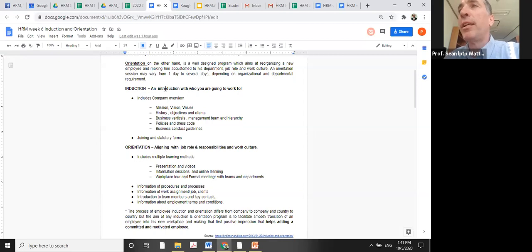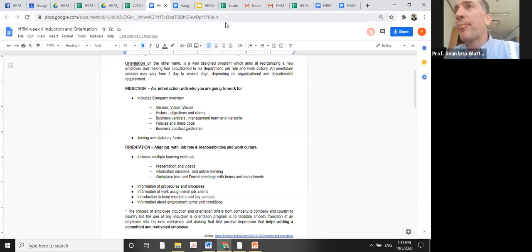Again, overall, the induction, which can be confused with introduction, is basically the same thing. It's the introduction of the company. You should be able to get this before you start, but they do make a formal introduction, usually during the initial stages, so that you understand the company culture, for example. But the work details are usually in the orientation, which is a separate phase.